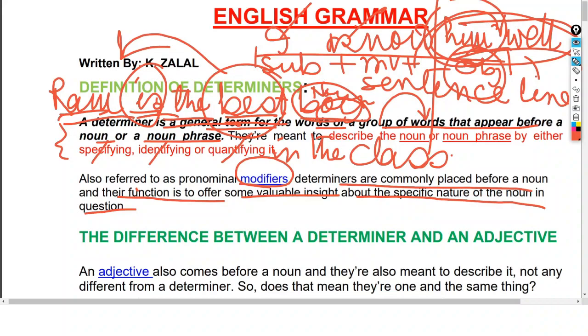So when we are going to do a particular sentence, then we will see that the determiners work as adjectives. The determiners are equal to what? Adjective. Means their work, their role is just like the adjective. They are the modifier, means they modify,